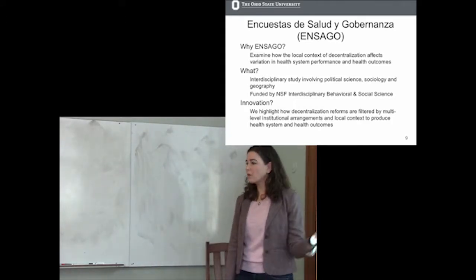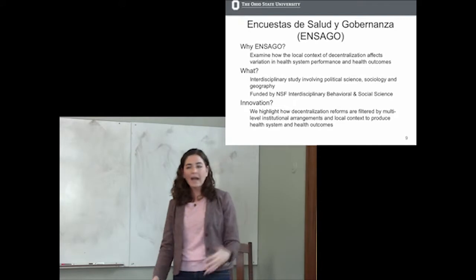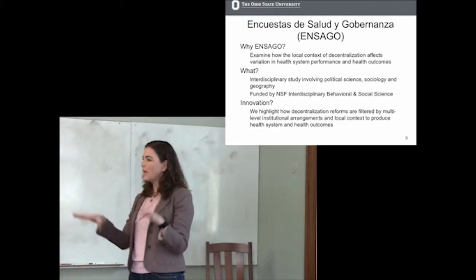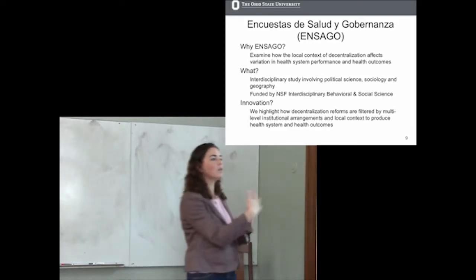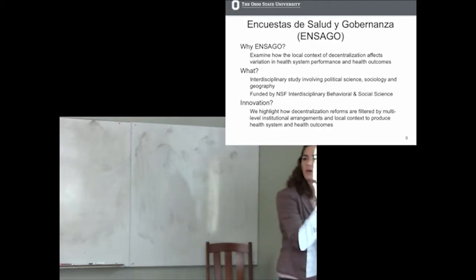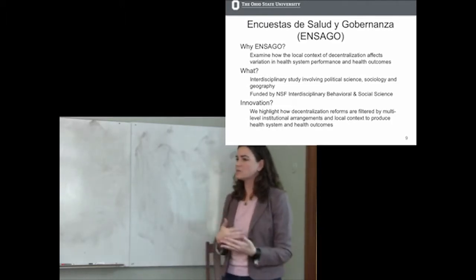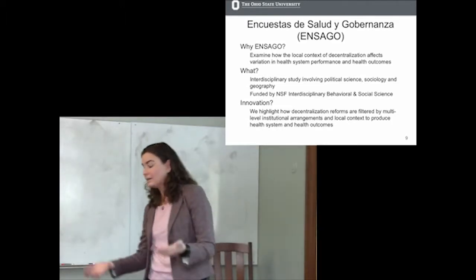And we felt we had a really innovative idea, which was to highlight how decentralization reforms are kind of filtered and mitigated by all of these local level institutional arrangements and local contextual factors to produce health systems and health outcomes in specific areas. And NSF bought it, and we got the money. So,